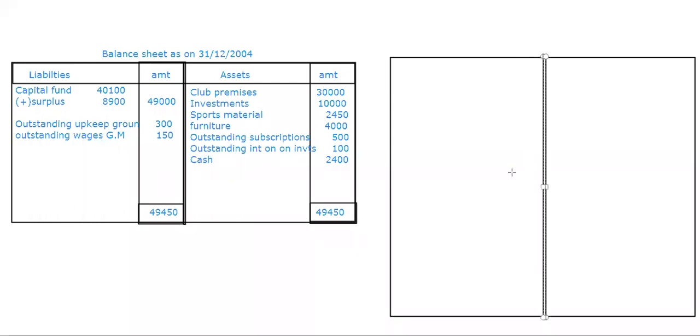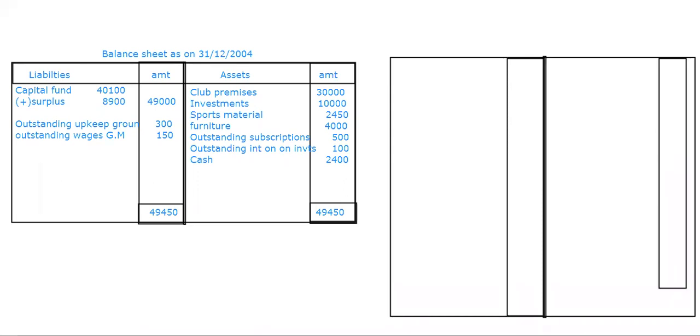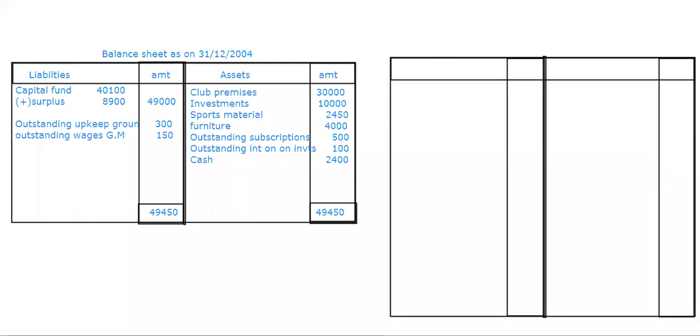So after this one, we'll prepare what? Income and expenditure account we are going to prepare. So that is what I'm preparing now. Once we have got opening, then we'll prepare income and expenditure, and then we are going to close with a balance sheet. So that's what we are going to do. So here